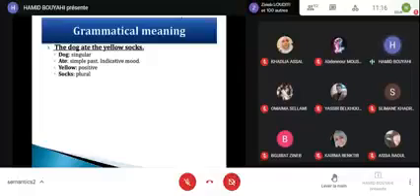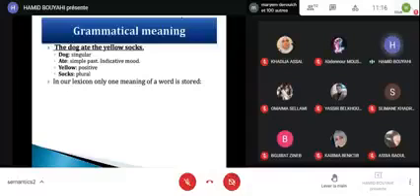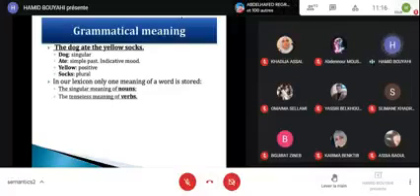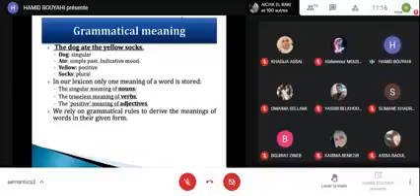Socks, plural, and normally we don't really keep the plural in our minds. So these are content words that we have in this expression. In our lexicon, only one meaning of a word is stored. So the singular meanings of nouns, the tenseless meaning of verbs, positive meaning of adjectives, and okay, so these are the three main function words or lexical words. Do you understand what we are saying here? Yes, Professor. Okay, so we rely on grammatical rules to derive the meaning of words in their given form.